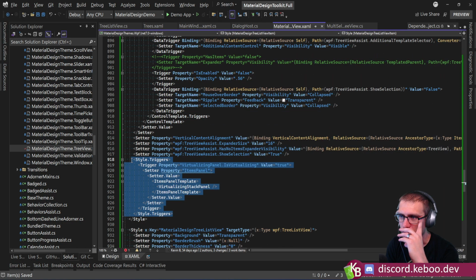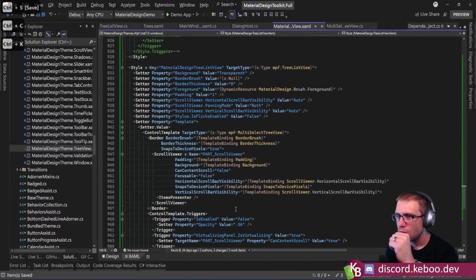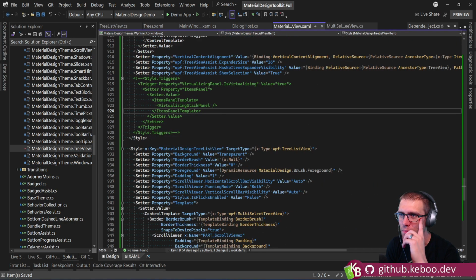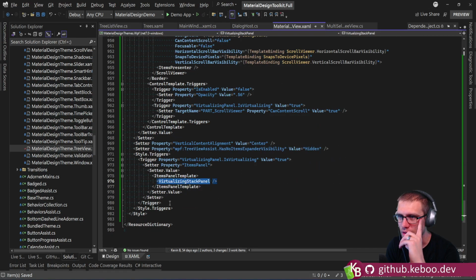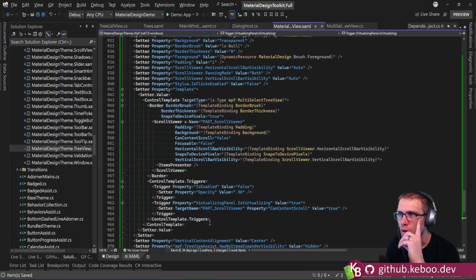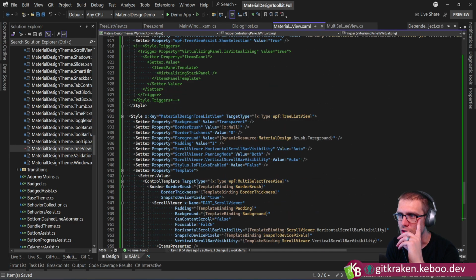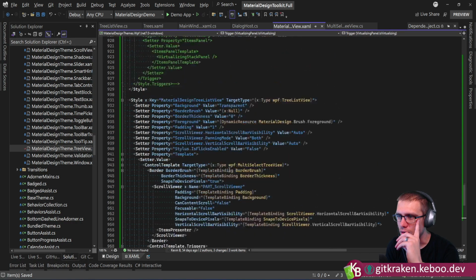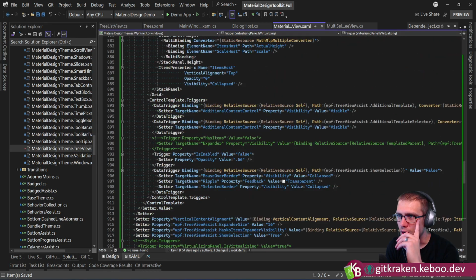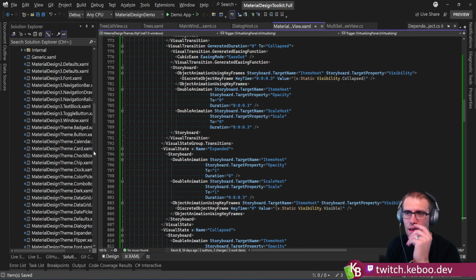Items panel. We're gonna need a handle. But we may or may not actually need to handle items panel. There may be a couple times where if somebody wants to retemplate this, they really do need to focus on understanding how it's set up. Okay, so that gets me to there. That gets me to there. That's probably close. Okay, let's add in